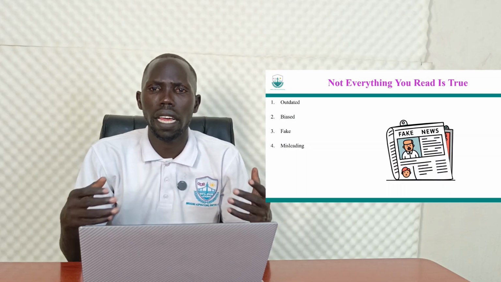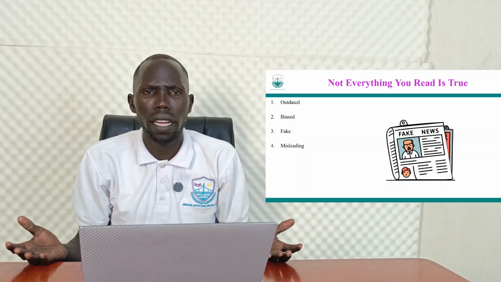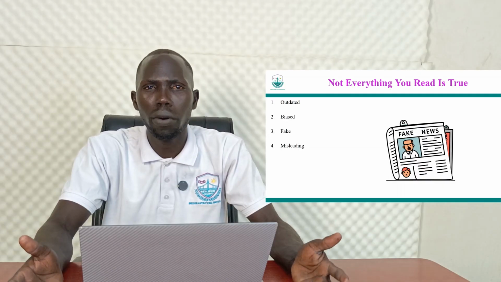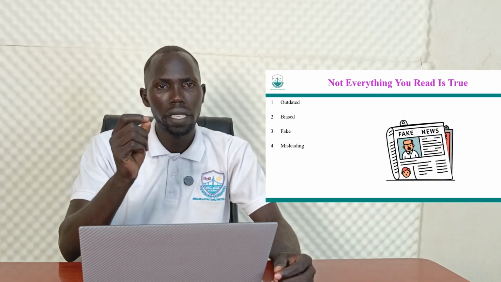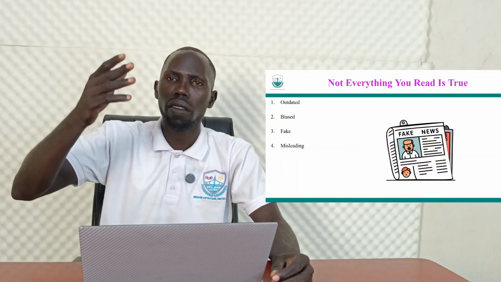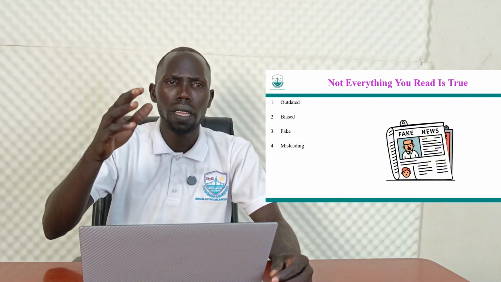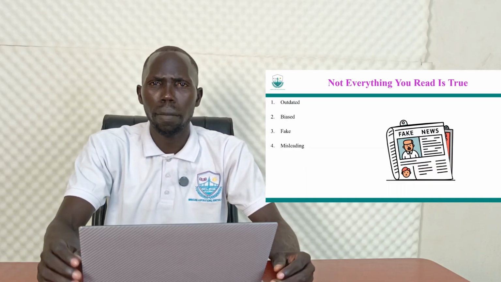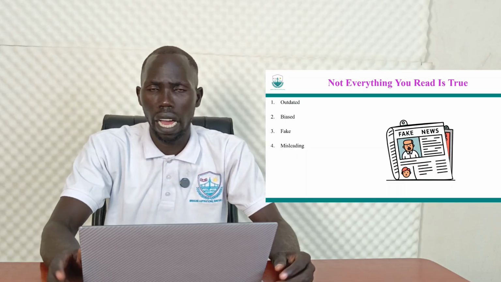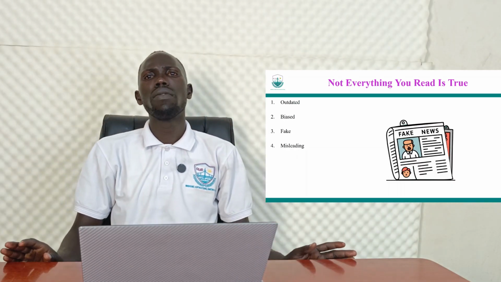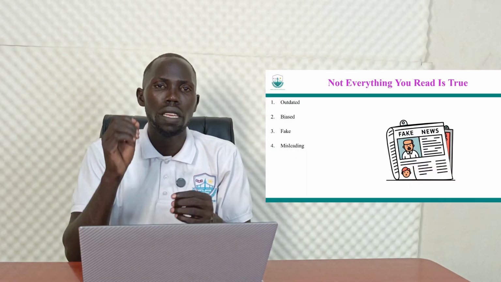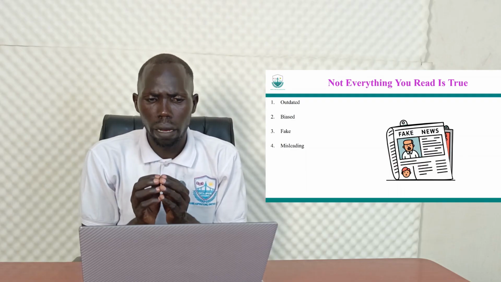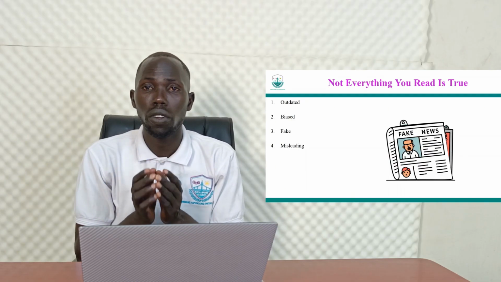You might have read others encouraging you to change who you are. You are born the way you are. Why must somebody tell you that you are in the wrong body? Such are said to be misleading pieces of information. Or there could be a clash between communities, whether about land wrangles or others. Let's suppose a person was killed in such a clash, and then someone somewhere says 500 people were killed. Such is said to be misleading. So you don't take it at face value. You need to go a step further to determine whether it is true or not before you conclude.